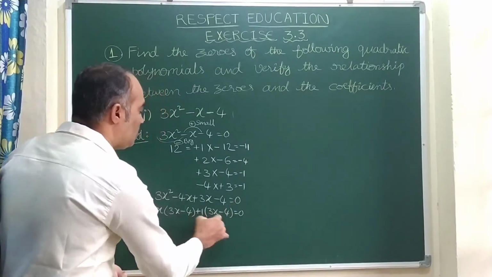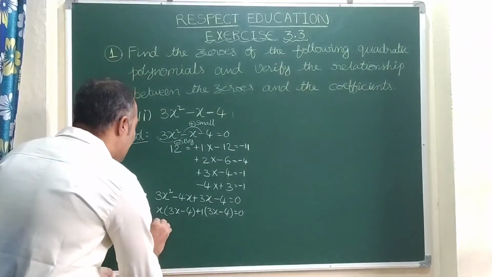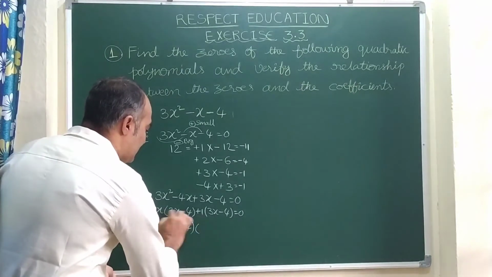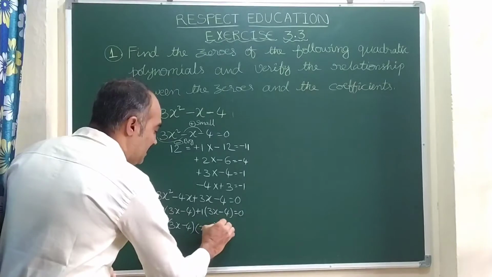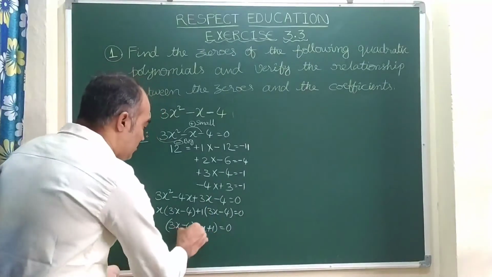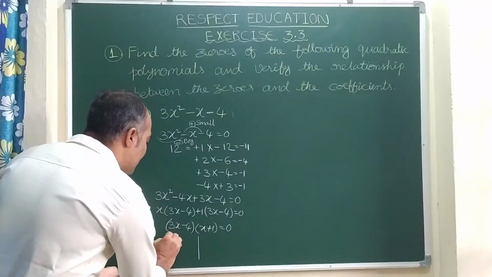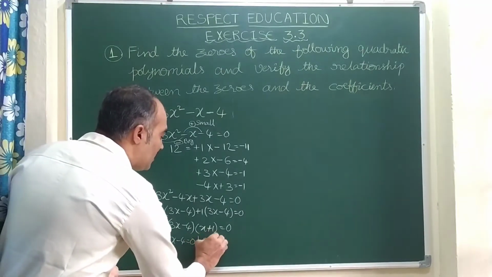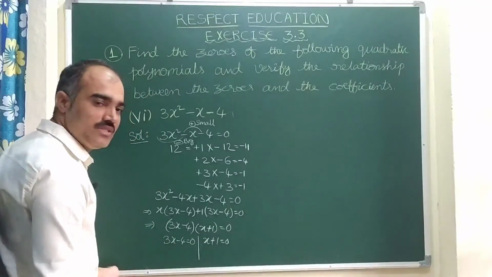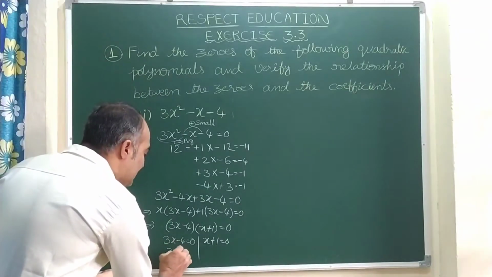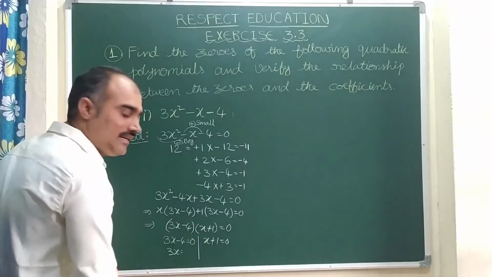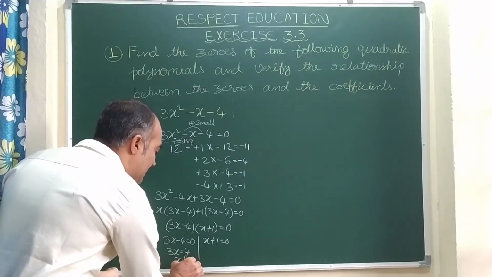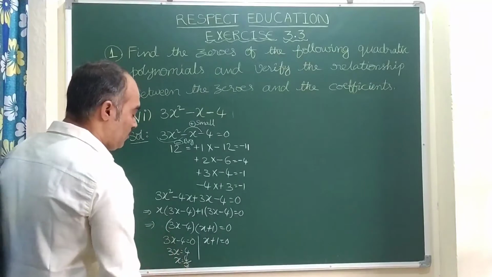So here in these two terms 3x minus 4 is common. If we take 3x minus 4 common, here x is left and here plus 1 is left. So it can be split into two parts: either 3x minus 4 equal to 0 or x plus 1 equal to 0. Right? So 3x, sending minus 4 to that side, it is plus 4, so x is equal to 4 by 3. First value, x equal to 4 by 3.